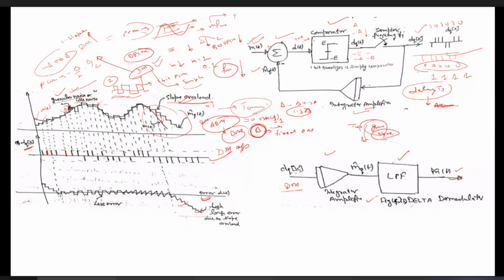So what happens? In the adaptive delta modulation, there is a processor, a DSP processor. The DSP processor simply analyzes the sequence of the output of the delta modulator. The rest of the blocks remain the same. Only here we use this one, the DSP processor. The rest of the block diagram is the same.